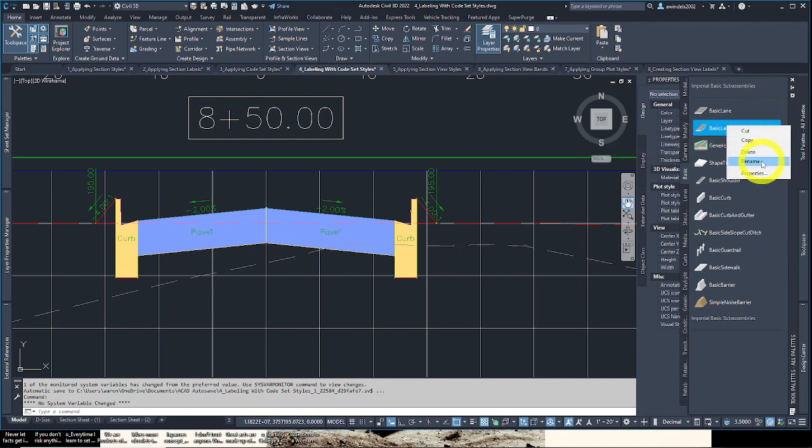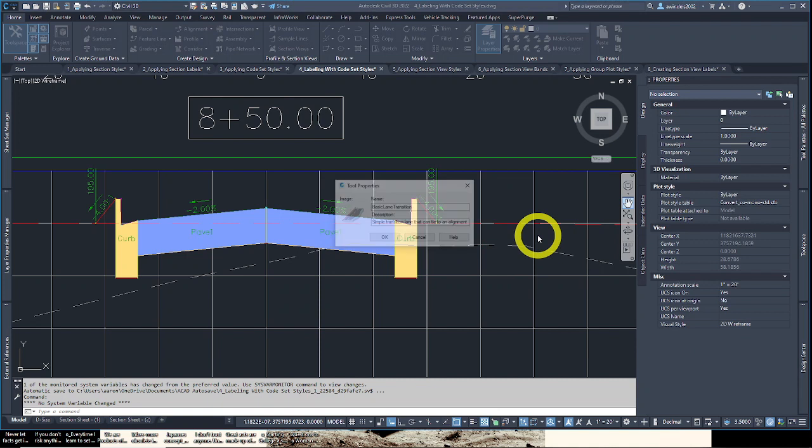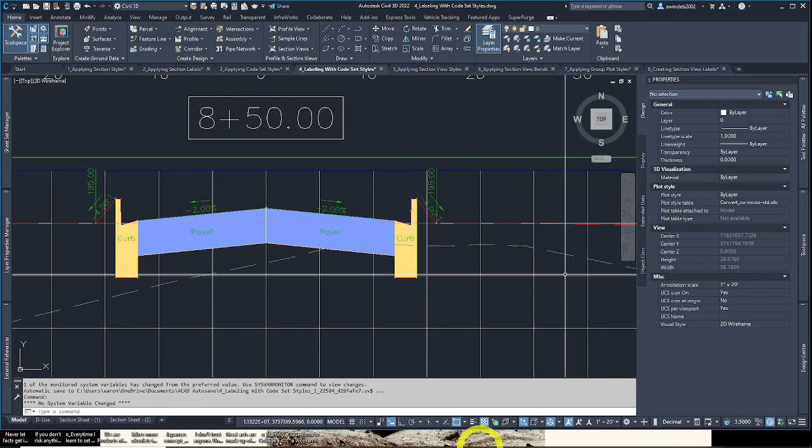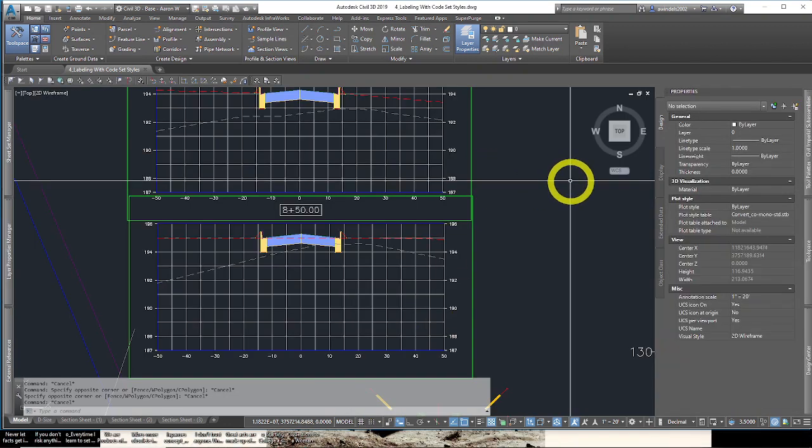There's no help on the right click. Different versions of Civil 3D have it, so it says the tool is not registered properly. You can only edit the basic properties, and that's a difference in versions of Civil 3D. So you will be able to see the tool palette properties, which just says its name and description, and that's fine. But if I open the same file and I have Civil 3D 2019 installed as well, which is very similar, but with some subtle differences in the programming,